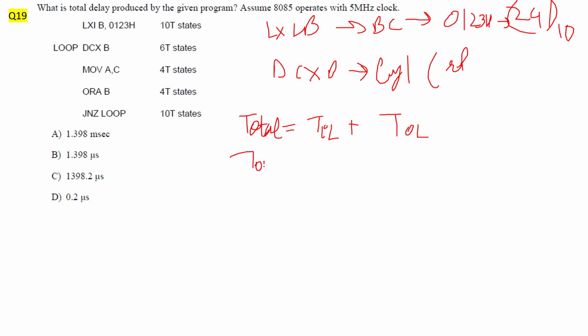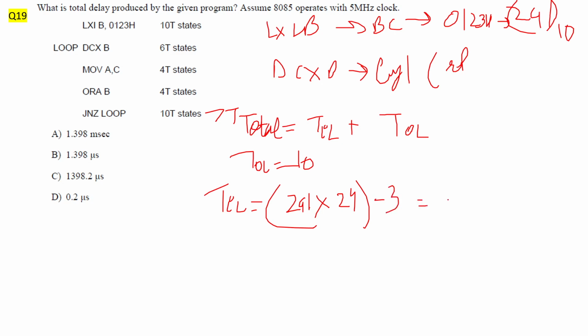T outside the loop will be 10. T inside the loop will be 291 multiplied by how many states it takes. 10 plus 4 is 14. 14 plus 4 is 18. 18 plus 6 is 24. 291 times, but it will be 70 for the last case, so minus 3. So this thing is equal to